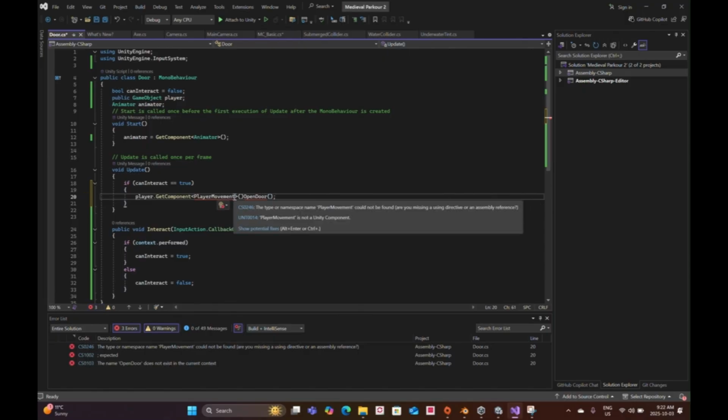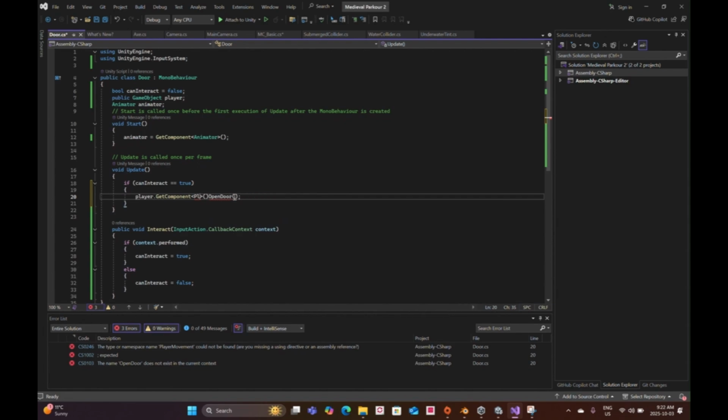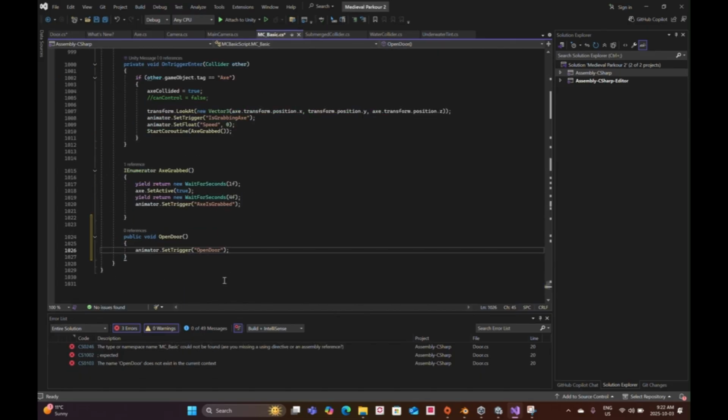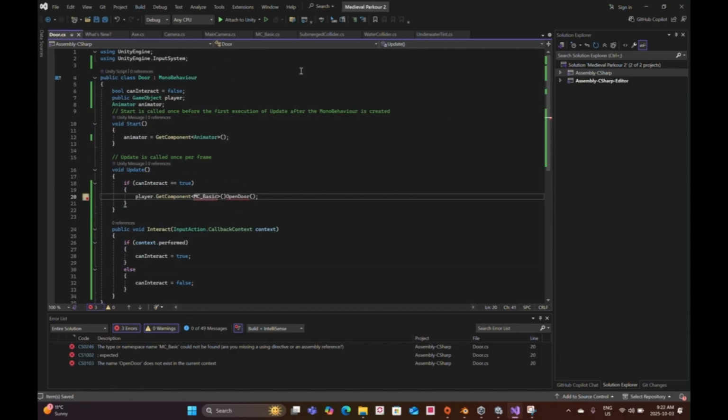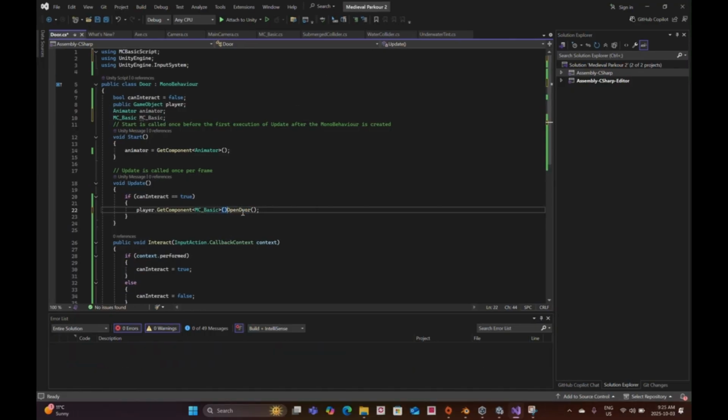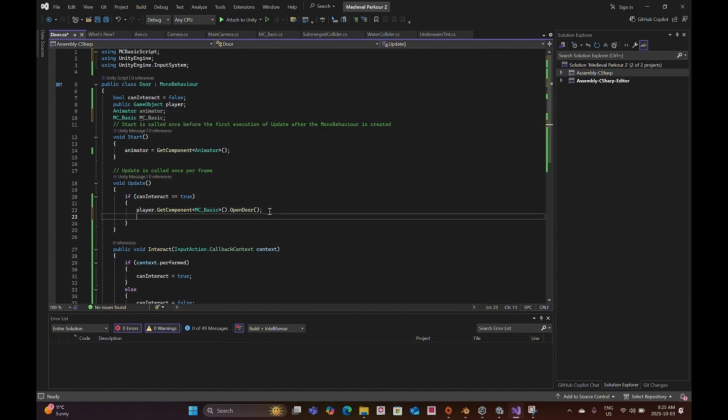Oh, sorry, not player movement. MC underscore basic. So this is going to trigger this here, this open door. So I'm going to compile both of these. Put a period here, so there's a period. And in order for this to work, I needed to create a variable MC basic called MC basic. And here I want to create a